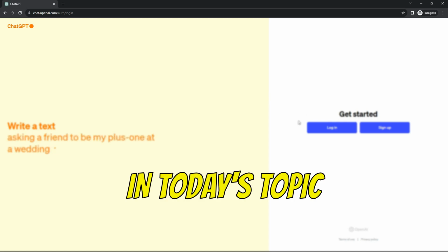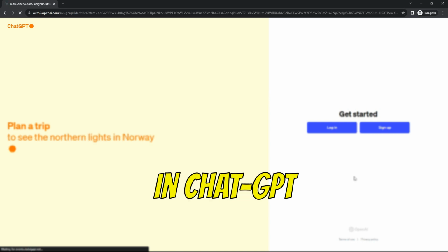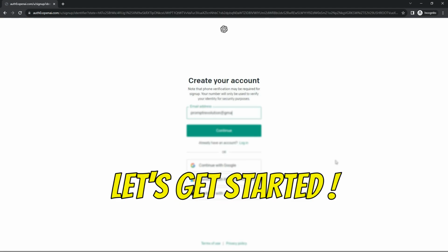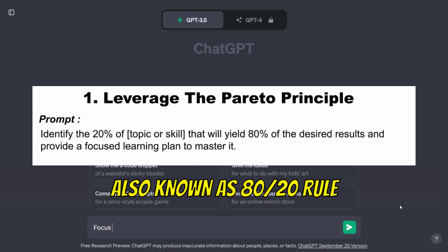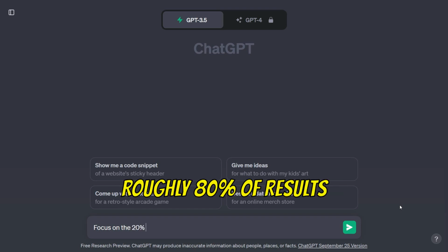In today's topic, we will explore 10 proven prompt engineering techniques in ChatGPT to quickly learn any new skill. So, let's get started. The Pareto principle, also known as the 80-20 rule, suggests that roughly 80% of results come